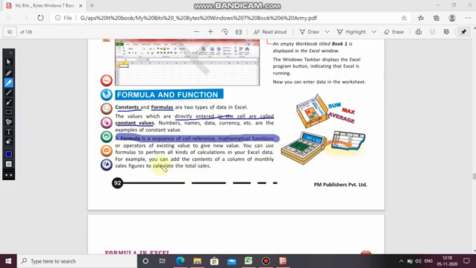For example, you can add the contents of a column of monthly sales figures to calculate the total sales. How many sales you have completed in 1 month, that also you can find with the help of Excel, and you can calculate the monthly sales figures with the help of the formula. Hope it is clear to you all. Now coming to the next one.